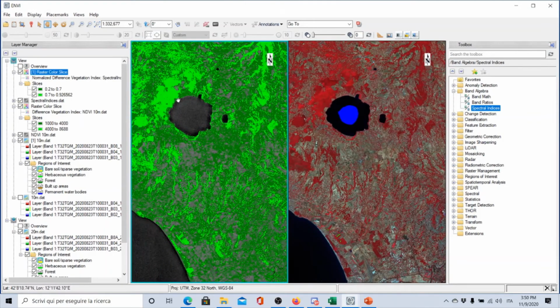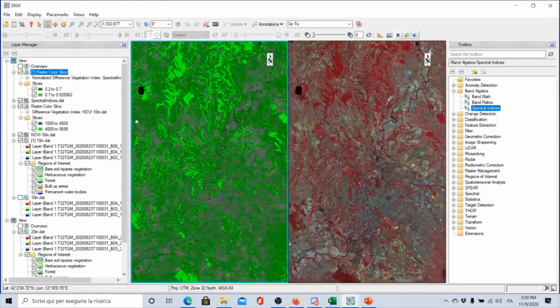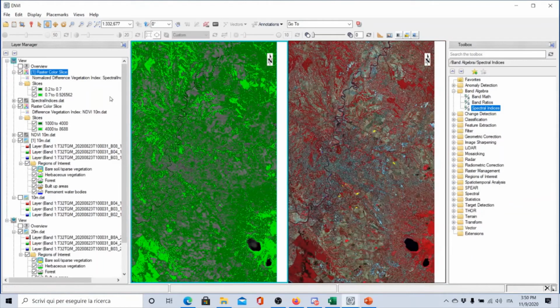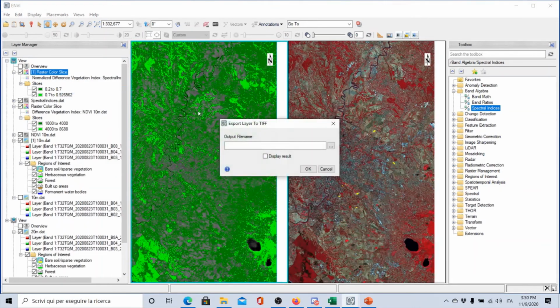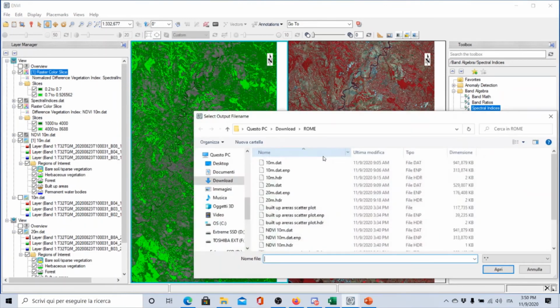Also in this part here around the lake, you see? All right, so if we are okay with these color slice, again, with the normalized difference vegetation index slice, I can click on the layer manager, right click, and again export the layer to TIFF. And so what I can put here, for example, let's call that generically vegetation extracted with